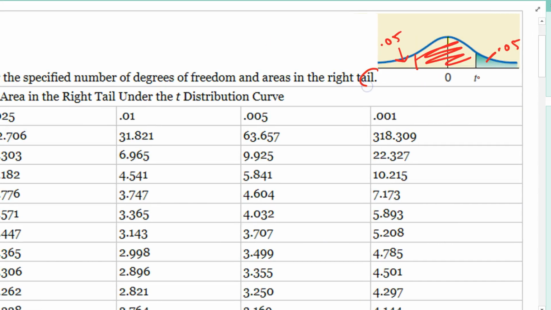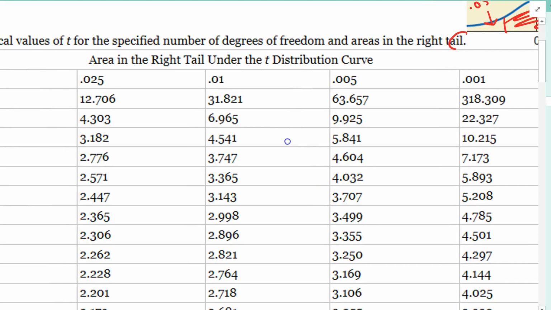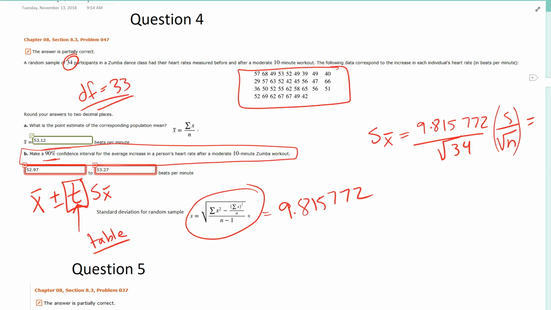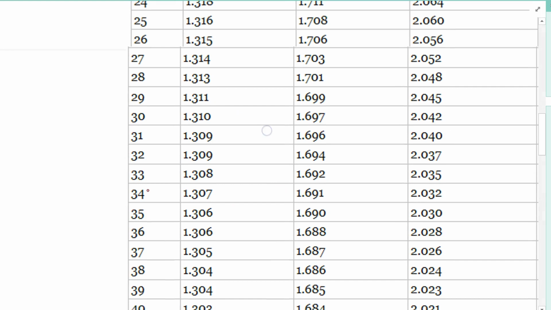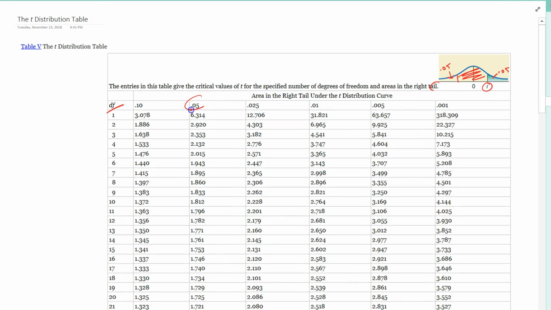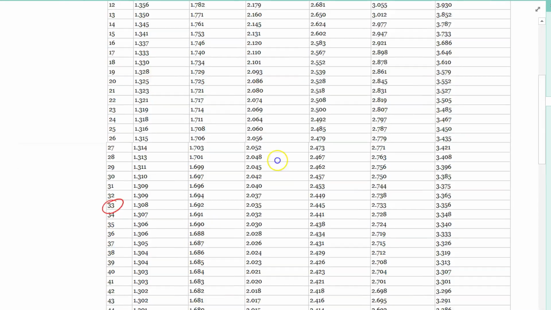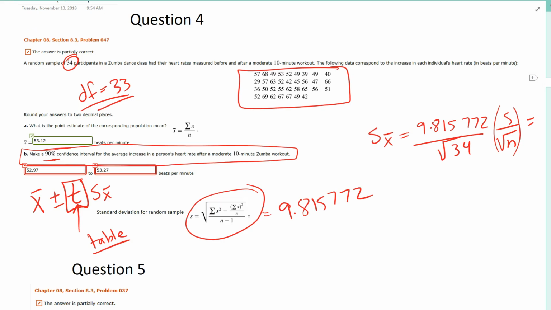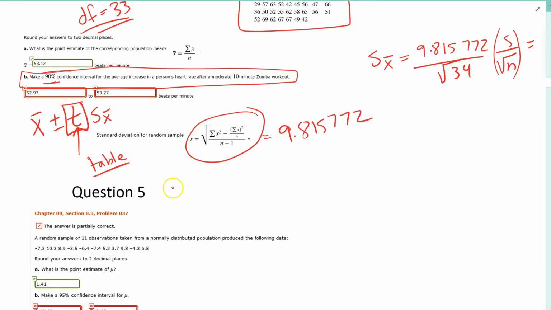So I'm looking for a t-value with a degree of freedom being 33. So I come down here, go back up to the top, and I want my area to be 0.05. And so I get the t-value to end up being